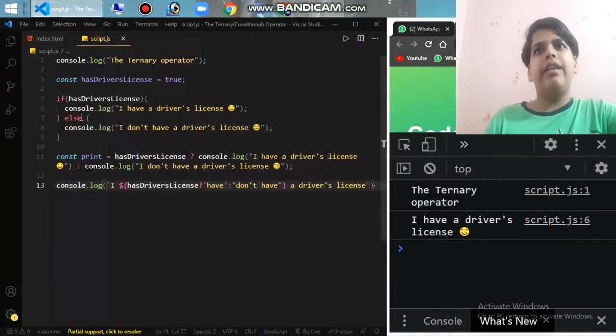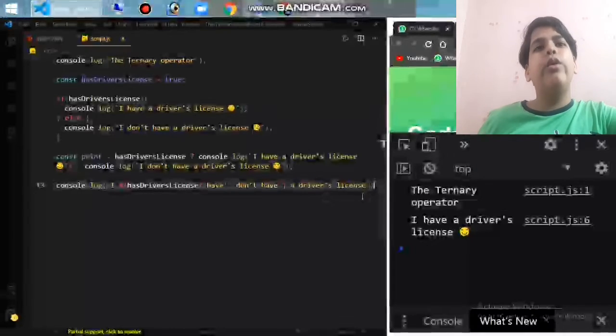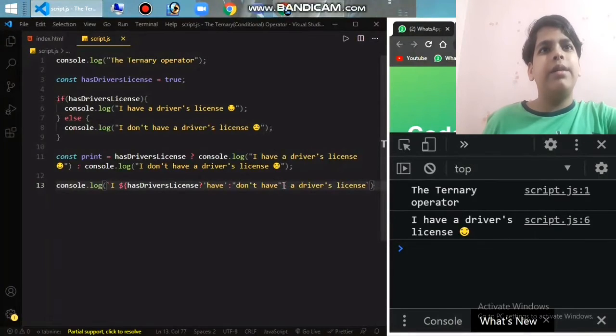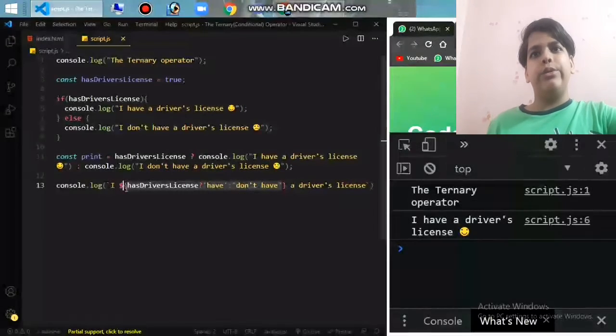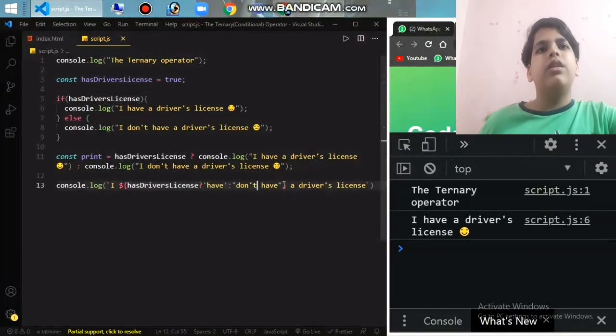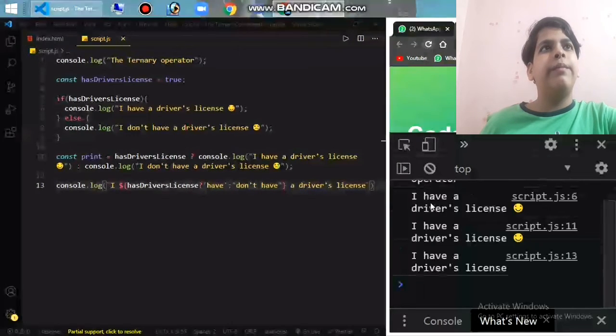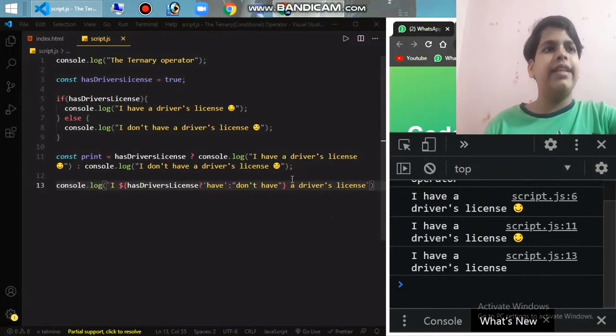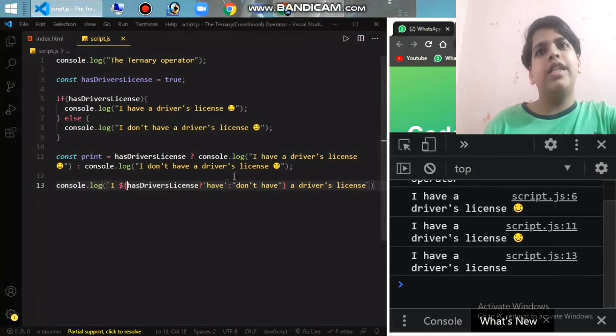Instead of writing this much, you can just write console.log I have or don't have a driver's license. Here in the expression it will return either have or don't have based on this value. As I said, this is an expression and this returns a value. So here what comes is I have a driver's license, as you can see. And why did this happen? Because this itself is an expression and this will return a value.